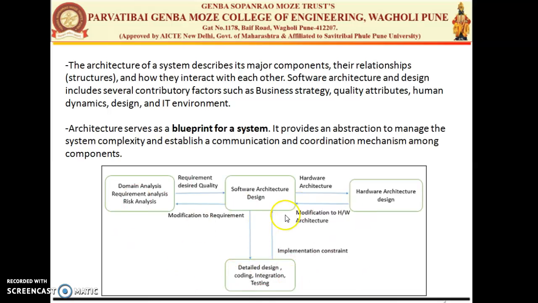So you can see the diagram given below. In the first phase we have the domain analysis, requirement analysis and risk analysis. The desired things are given to the software architecture design phase, and on one side we have the hardware architecture design. That means the different hardware devices and components that we are using while developing a software are considered here. So the hardware architecture is given, and then if there are certain requirements or modifications, the modification is given to the particular phase, and again they refine things and provide the desired requirement